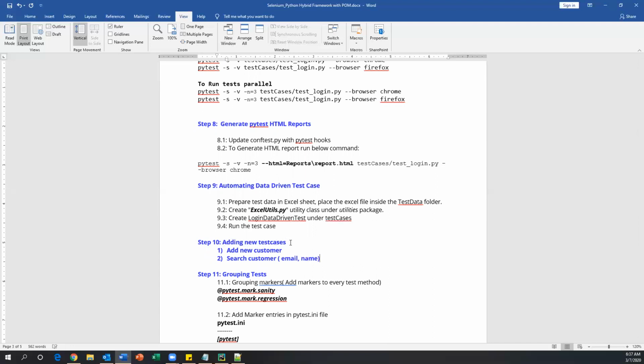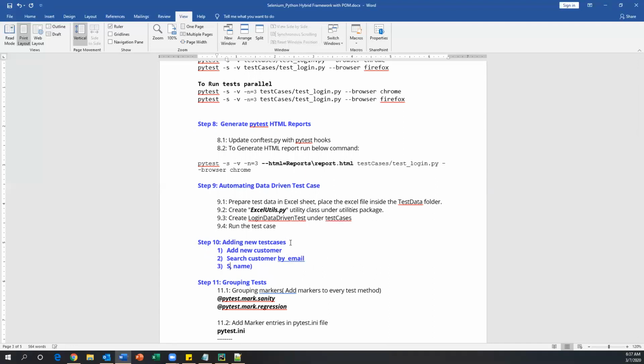So there are two test cases will come. Search customer by email ID, and the other test case, search customer by name. So these are the three test cases we are going to see now.